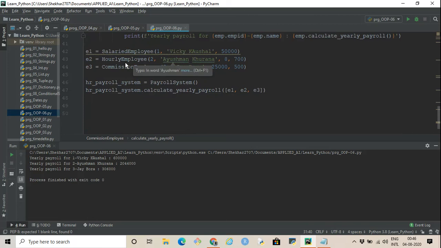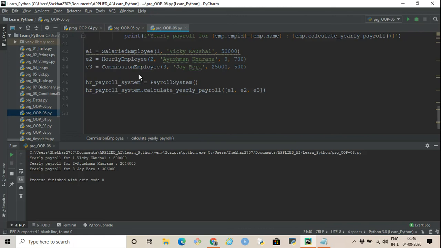So what we are doing is we are creating three employees. One is the salaried employee with ID 1, name is Vicky Kaushal, and monthly salary is 50,000. Employee 2 is an hourly employee with ID 2. Name is Ayushman Khurana. Since he's an hourly employee, he works 8 hours in a day, and the rate is 700 per hour.